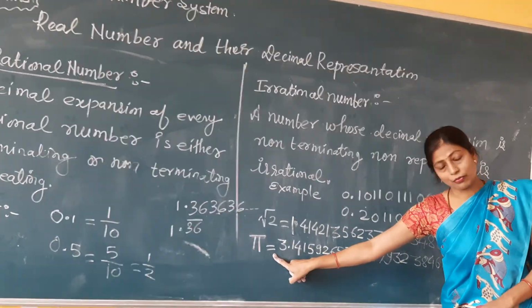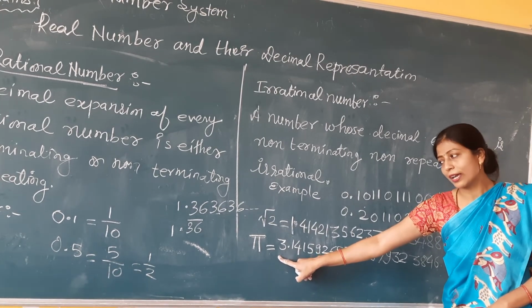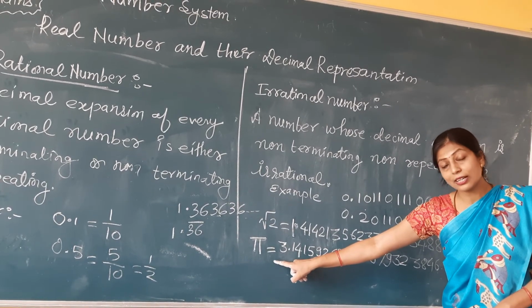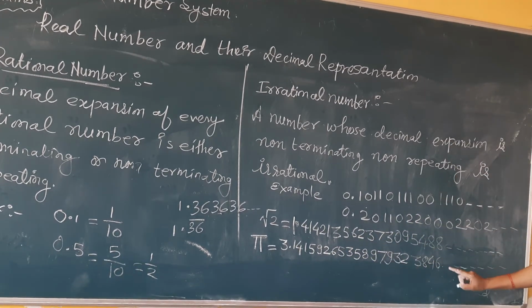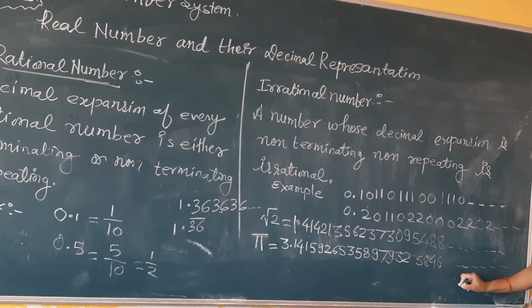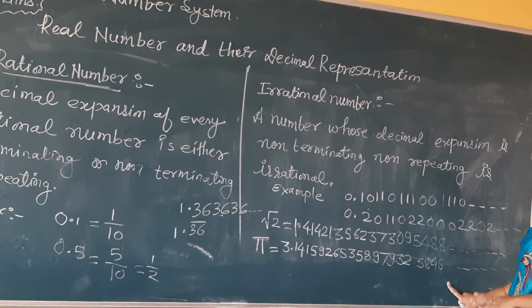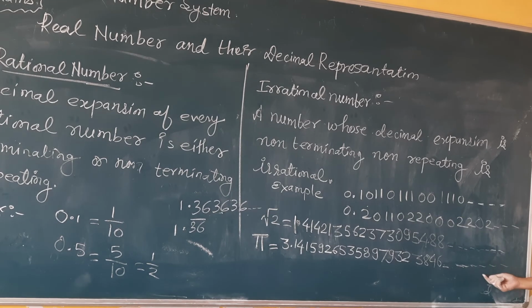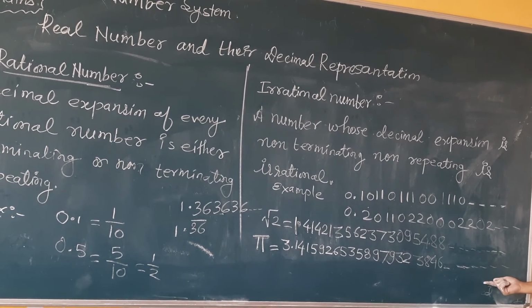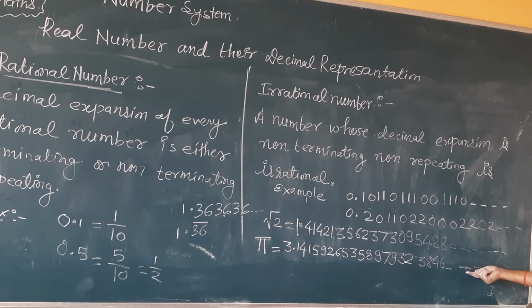And pi, we write the approximate value of pi as 22/7, but the decimal representation of pi is this, and we can find the value of pi in this manner to thousands or millions of places. So this kind of decimal representation is